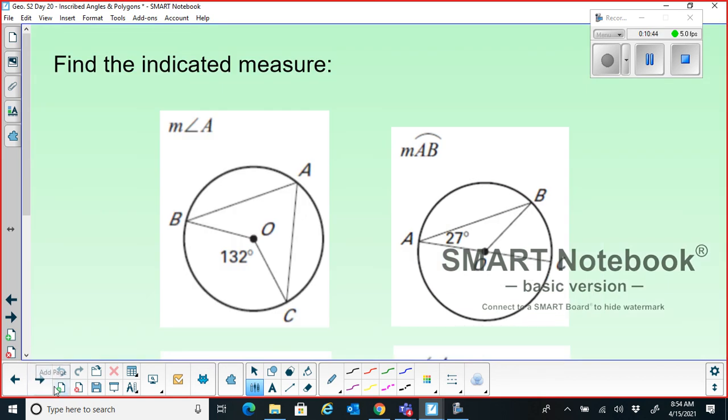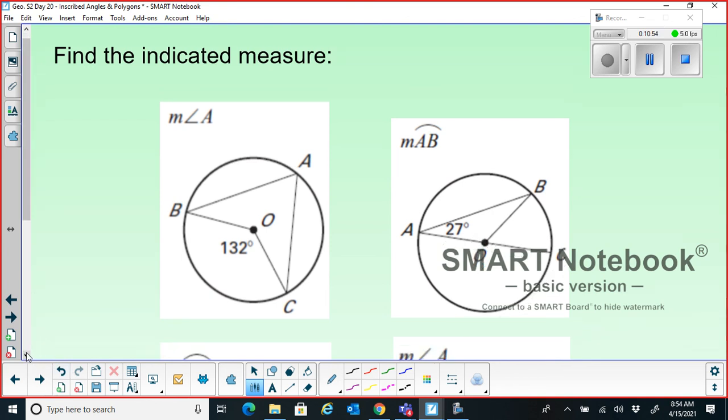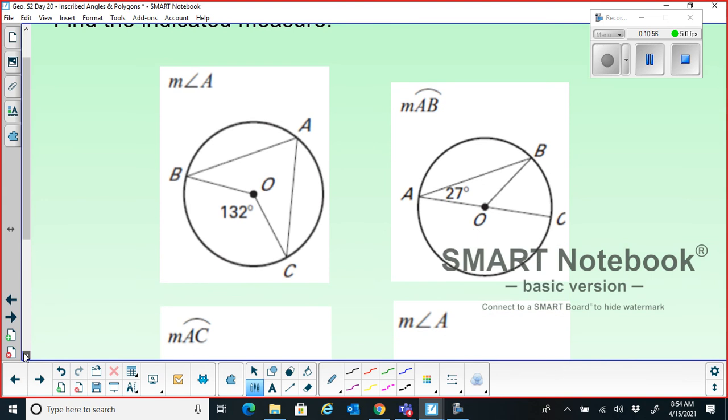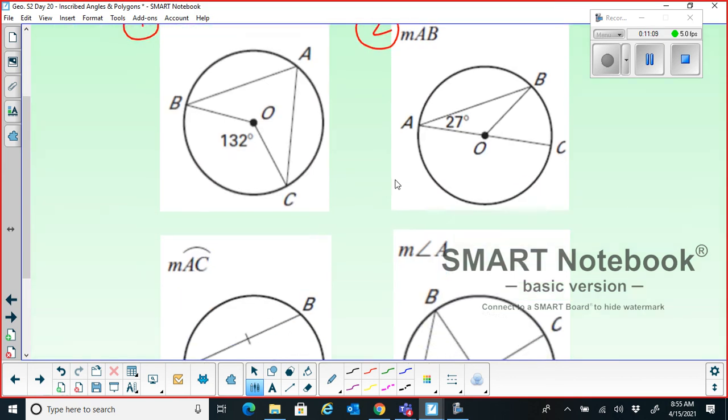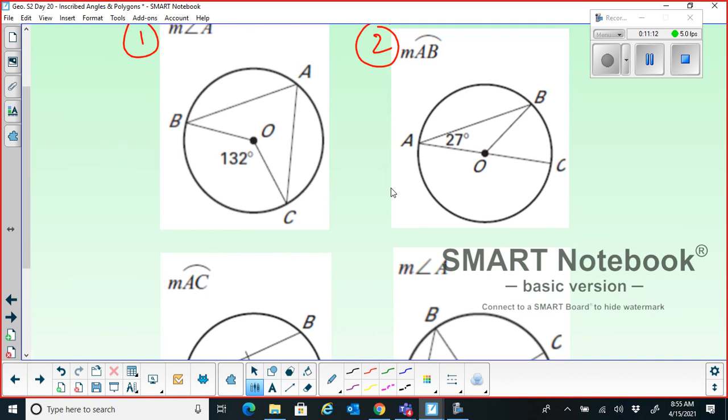I'll give you all a chance to work on this one. I want you all to find the measure of angle A and arc AB in these two problems. Use the chat once you have the answer. It shouldn't take you much time. 40 seconds or a maximum of 1 minute should be enough. Just try these two. I'll label them so that you can work accordingly. Problem 1 and 2. Try problems 1 and 2, and once you have the answers, you can just leave them on chat, and then we will solve this.